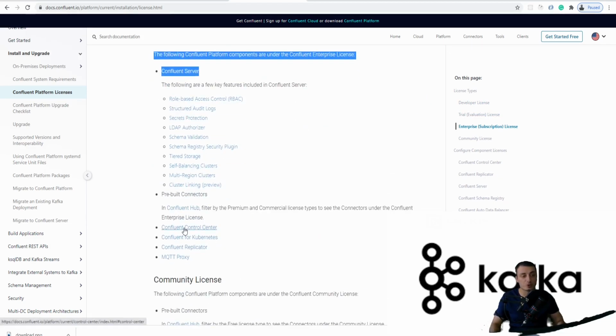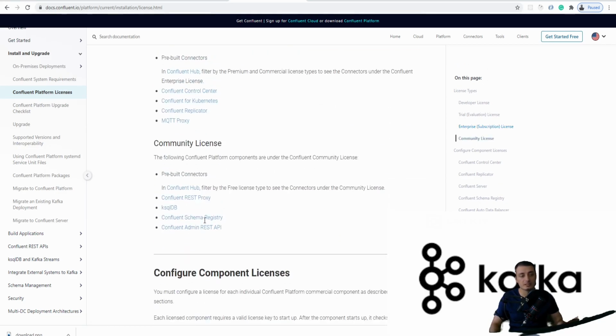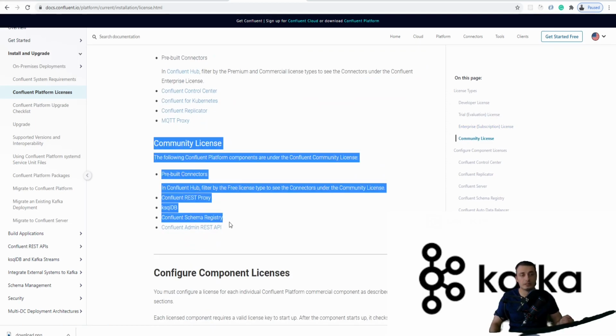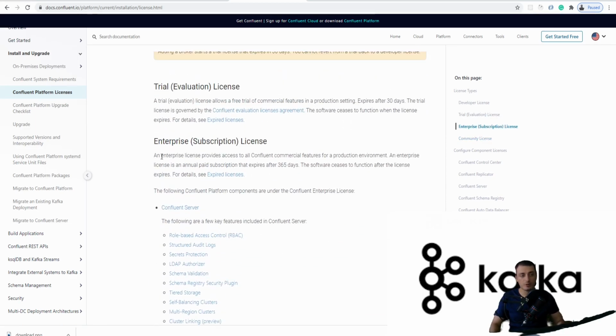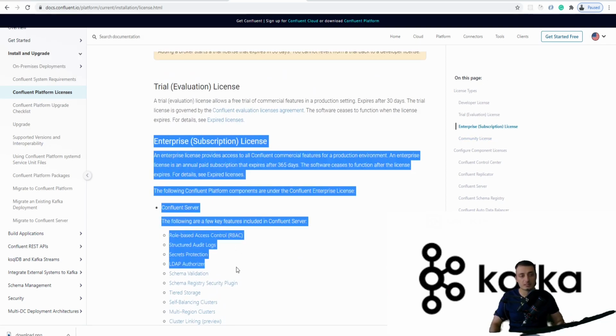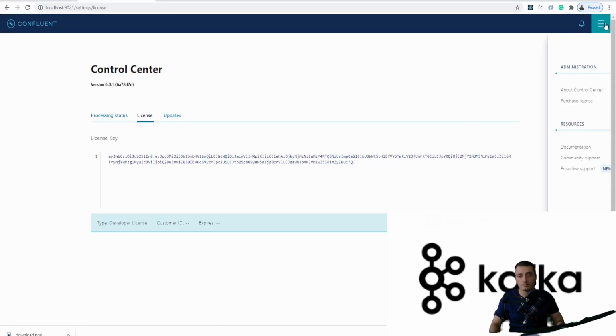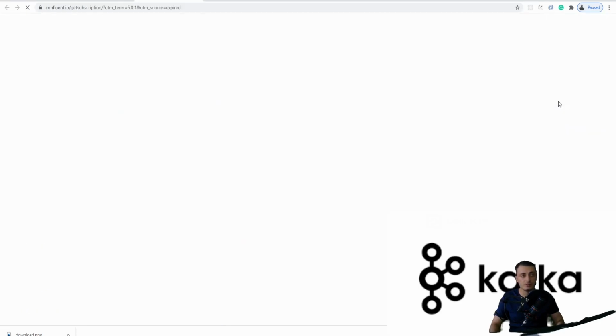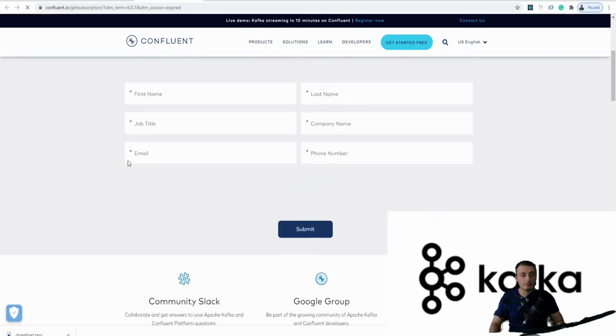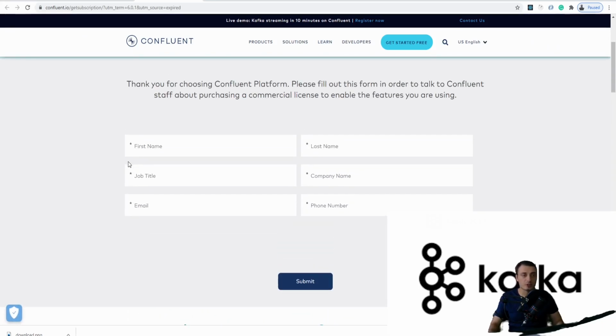And by the way, Control Center falls under this category, the enterprise license category, and it has a community license. Now, if you want to upgrade to the enterprise license, you can do it within the UI, under purchase license here. The thing is that it doesn't really display the price ranges, and I was a little bit confused by this. You should actually fill out this form, click submit, and their team will contact you to evaluate your use case